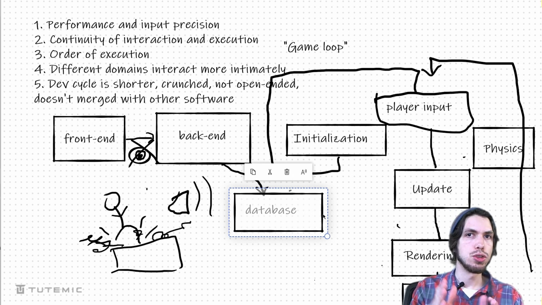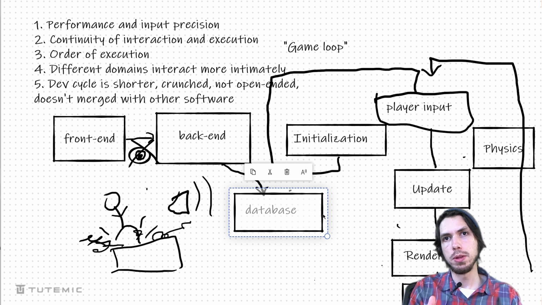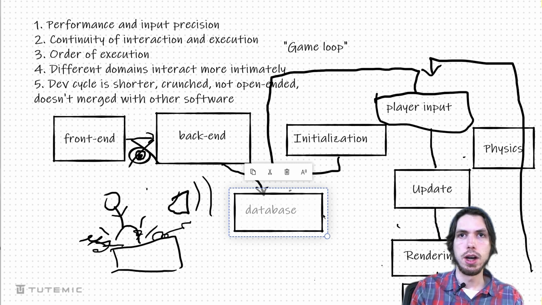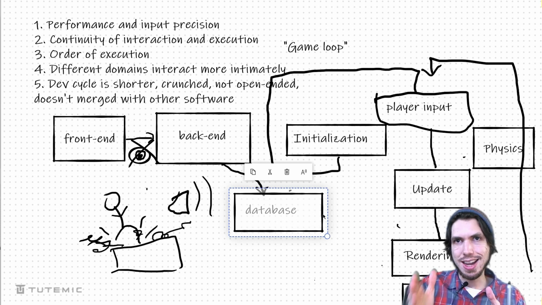The dev cycle is also shorter because in order to release a game and make sure it's going to be profitable, you're typically doing a sprint where you get something playable out there, depending on what type of target hardware you're looking at. For a phone, the development cycle is even shorter than, say, for the PlayStation. But the game goes from zero to entirely polished and finished in a shorter period of time than other software, where you just get it to a certain point and then you can add features and charge for those additional features.